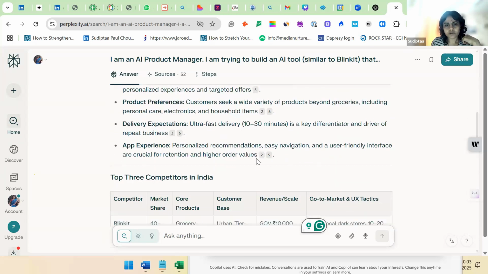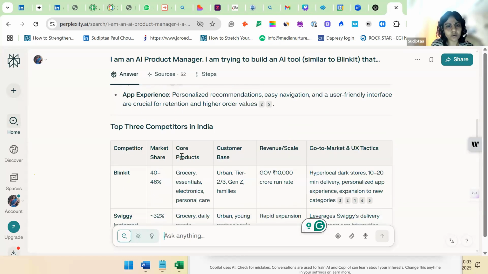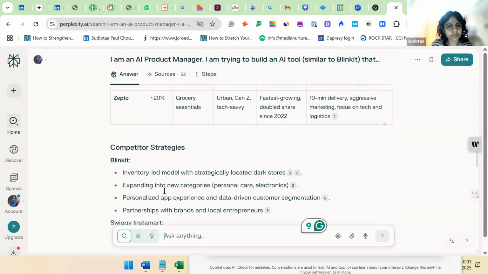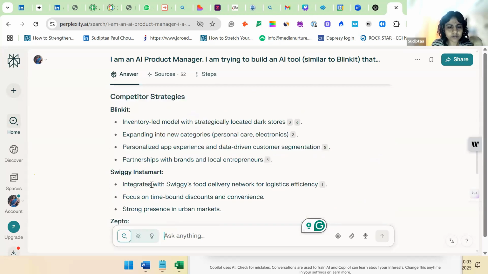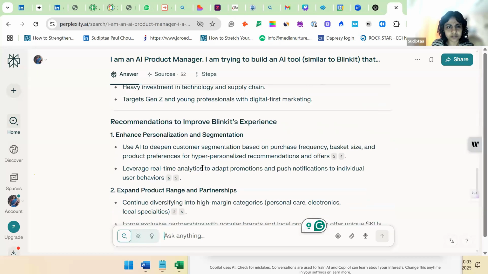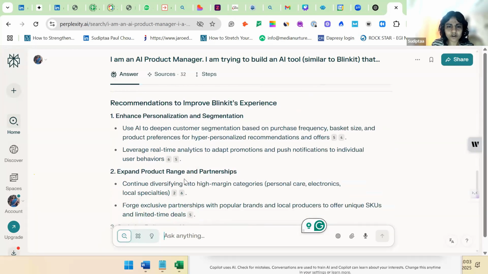So always use two or three tools, compare the data, and identify what was the missing point in the previous tool. In this case, what is the additional point and how will I do this? Okay, it has also given Blinkit as a thing. The analysis compared to ChatGPT's is a little different, but these are more or less the same.